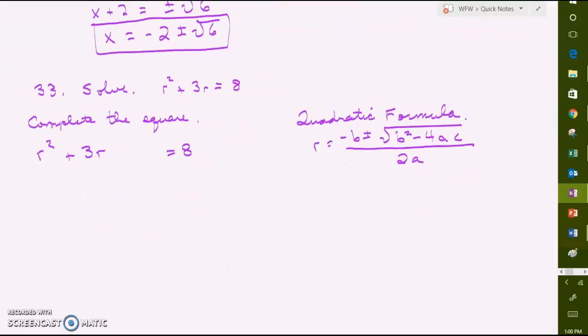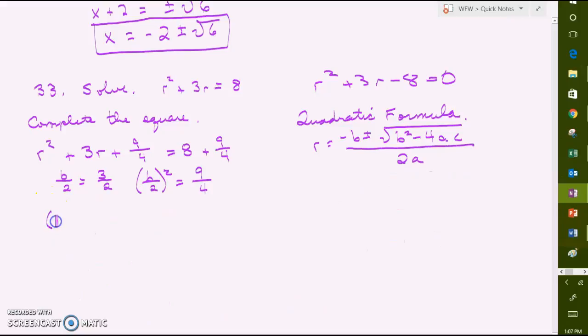Number 33, we solve r squared plus 3r equals 8. We can do it using completing the square or the quadratic formula. First, we'll complete the square. We need b over 2, which is 3 halves, and b over 2 squared is 9 fourths. So we're going to add 9 fourths to both sides, and we get,